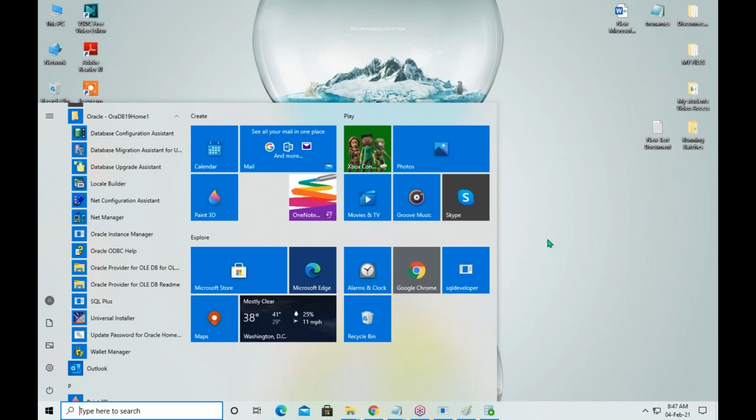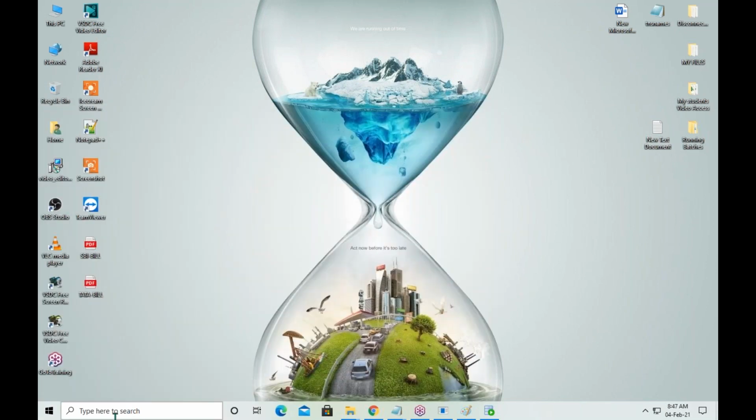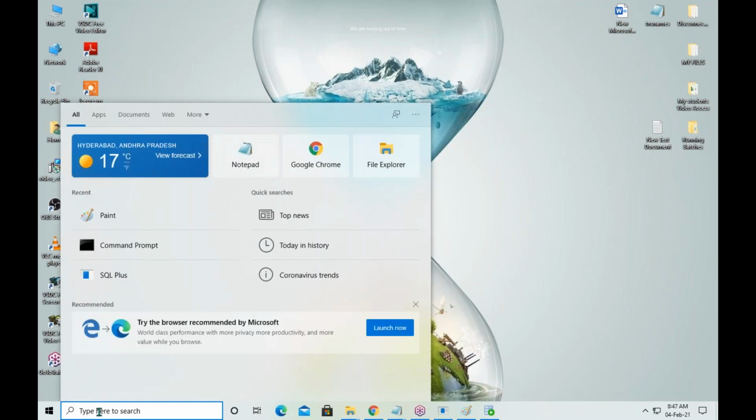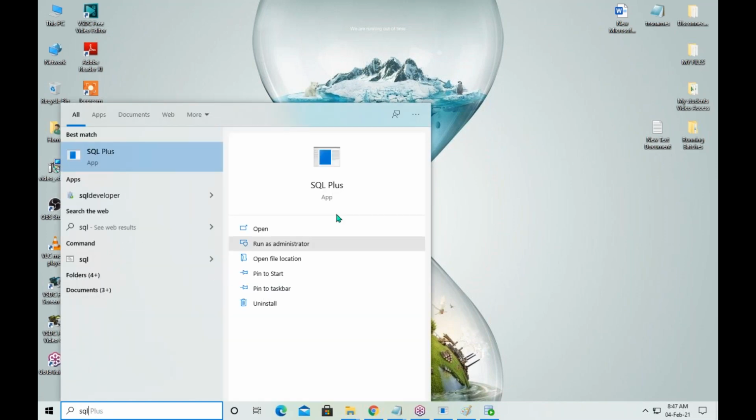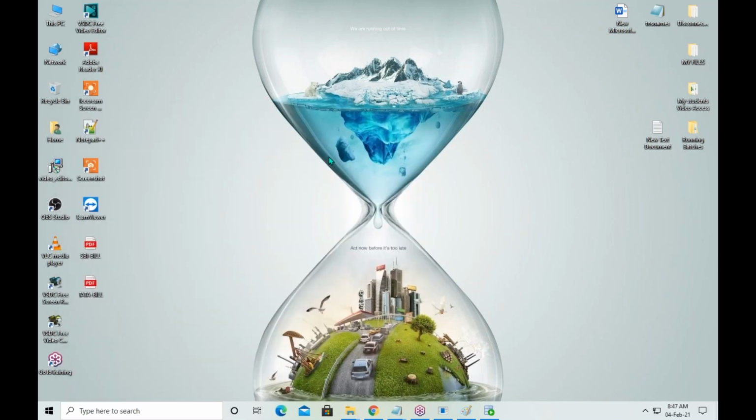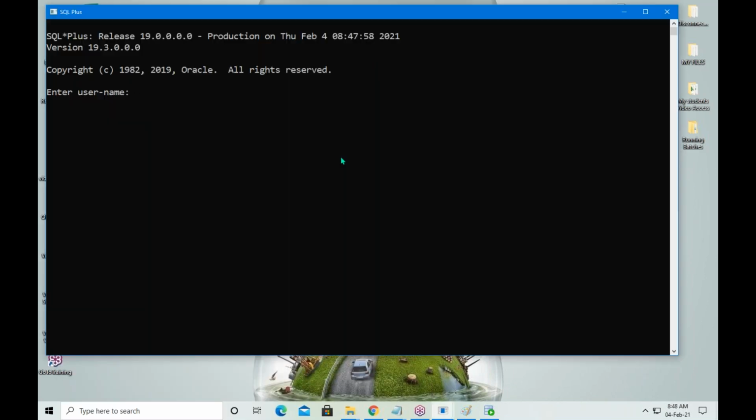Another method is from the search window. Just type SQL, then select it. From the search window also we can open SQL Plus.